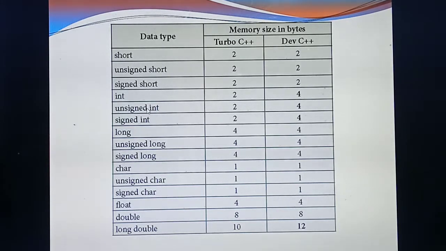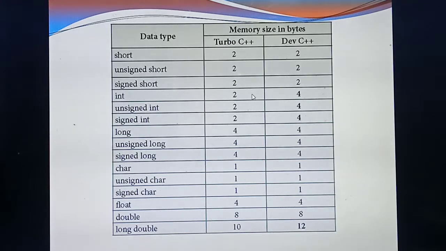Okay. So which ones differ? See, integer, unsigned int and signed int. That one they are giving in bold letters. But in Turbo C++ it is 2 bytes. Normally we have studied 2 bytes, isn't it? So for integer data type, how many bytes of memory allocation? 2. Unsigned 2. Signed int also 2. But in Dev C++, the memory space allocation is how many bytes? 4. And next, long double. Long double in Turbo C++ is 10, but Dev C++ is 12. Okay, that is the differentiation in memory space.